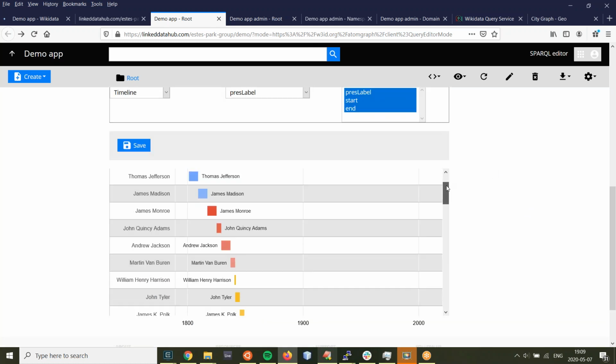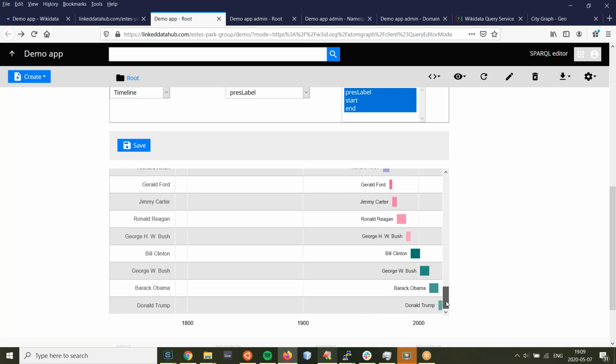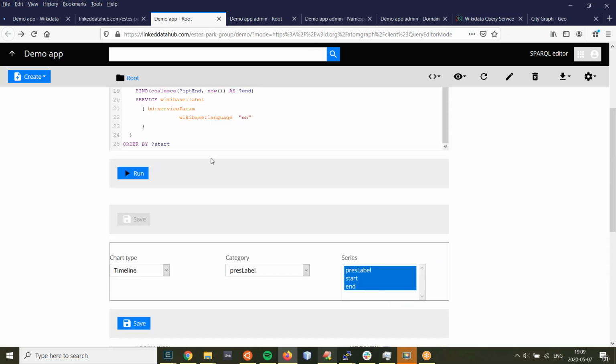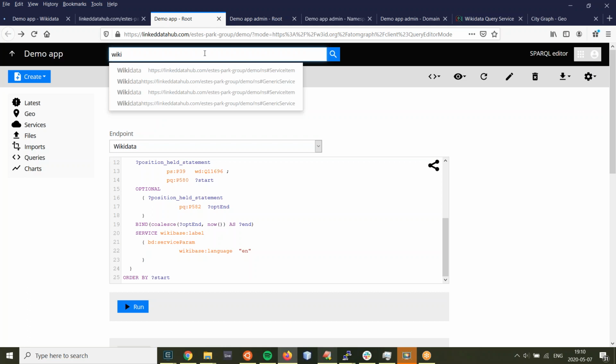Yeah, and it's all dynamically re-rendered, the chart, right? Yeah, and we could save this chart for later use. It will become its own SPARQL or linked data resource that you could reuse, and so on. One more feature to show you in passing is this search here, because we created Wikidata